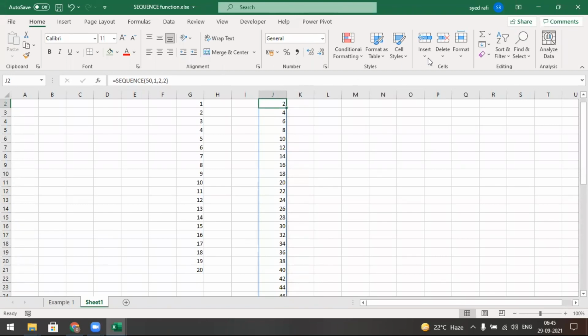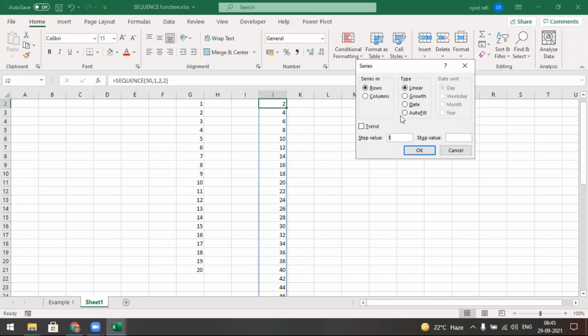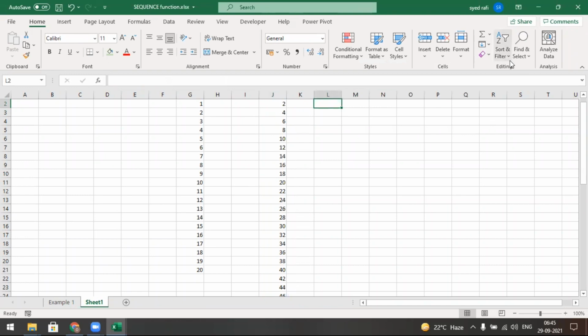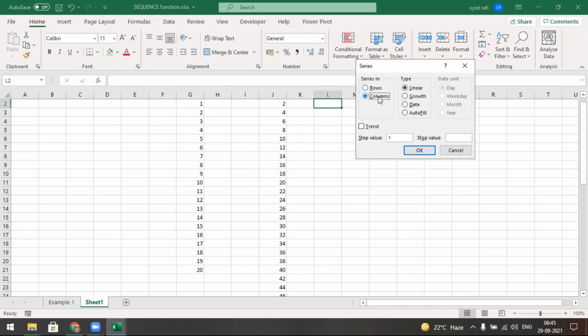The same we can do here in the series. The same work will be done here. In the column, you must define step value 2. I take another. The same we will do here with series, and you may select the column. Step value 2 and the stop value 50. I want to get below 50.